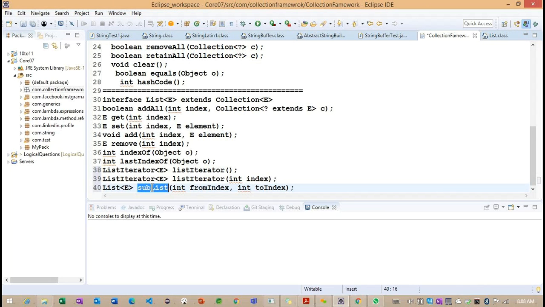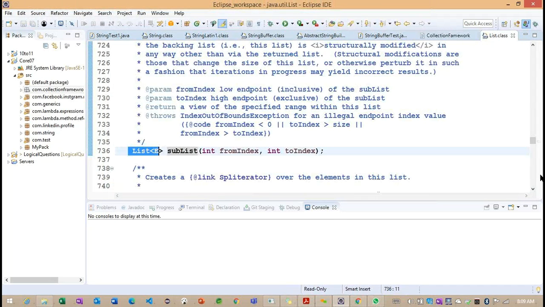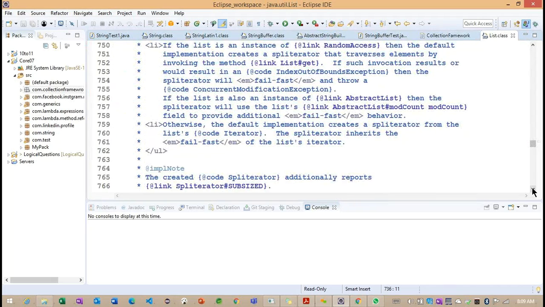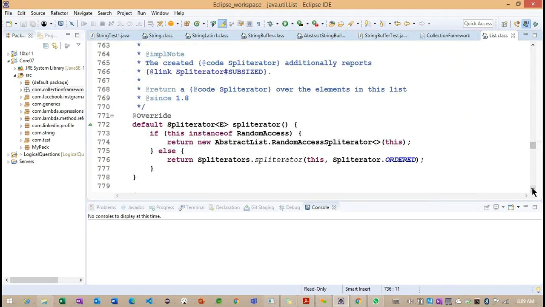The name of the method itself gives you some information, but we need to understand how the names are configured, because in real time, if I don't understand them, you cannot implement any applications. So we need to focus more on the methods. If you understand a particular method, we can write any example. Back to the subList method: it creates one more collection object based on the from index and to index. These are the default methods.